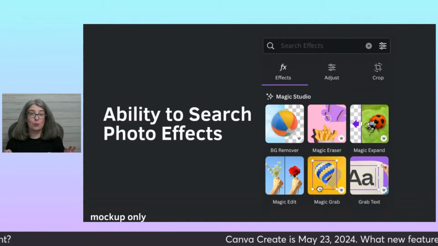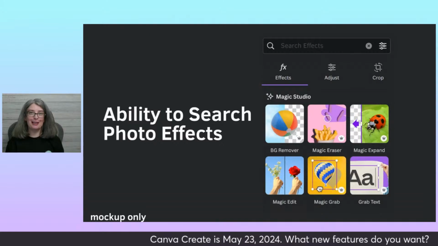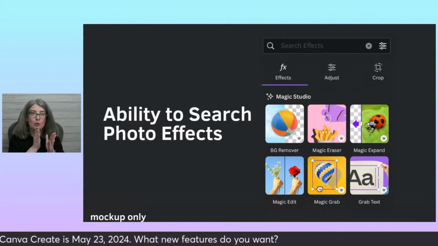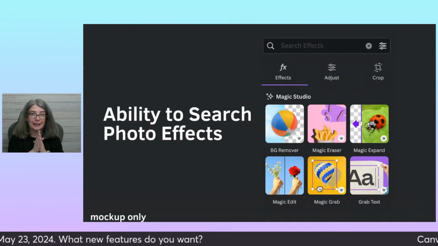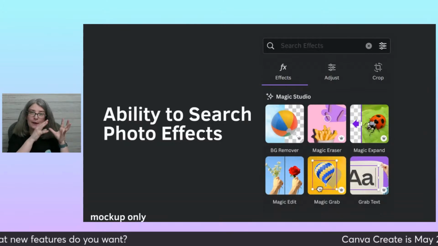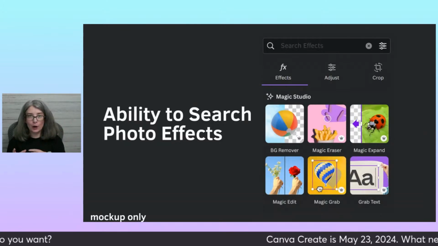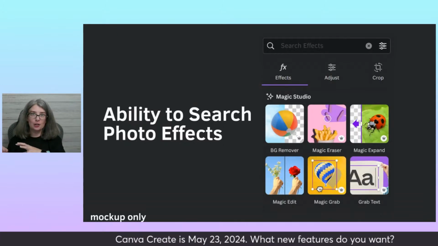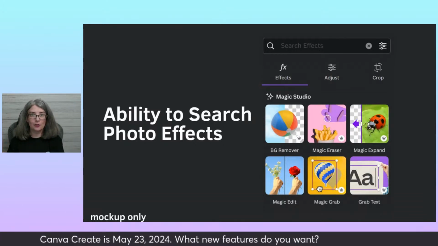Thing number 1 that I really want Canva to do is to create a search for effects within the photo effects. Right now, you can't do that, especially once they change it to where you can't access the old effects.